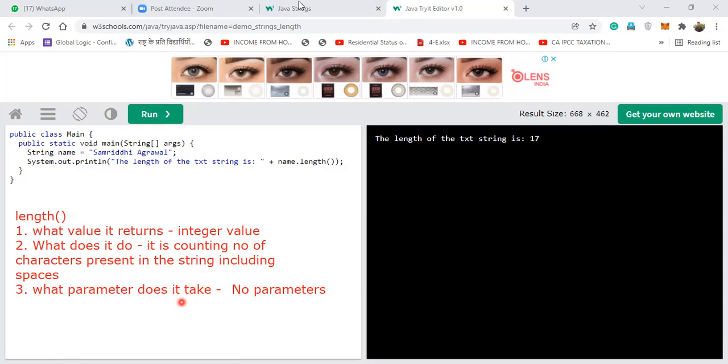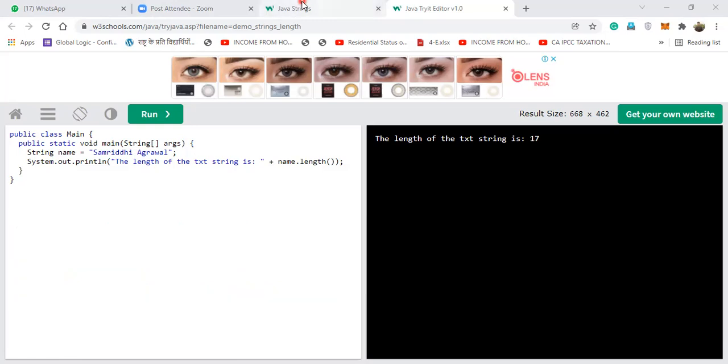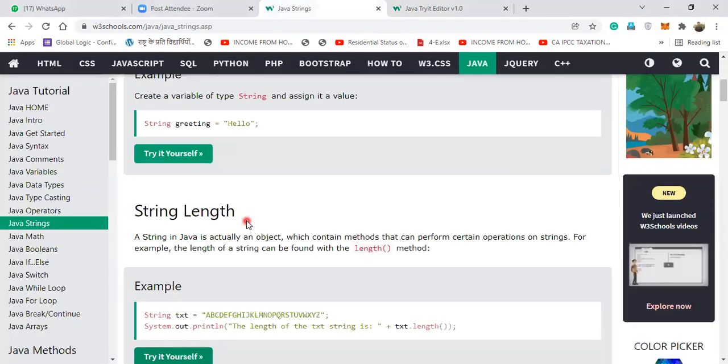Okay. Now the next. How much time can you spend? I mean, how much time can you give me? Till 9, ma'am. Till 9. So we have some time. Let us see how it goes. So this length function is clear to you. Any doubt on this part? Yes, ma'am. No, ma'am.